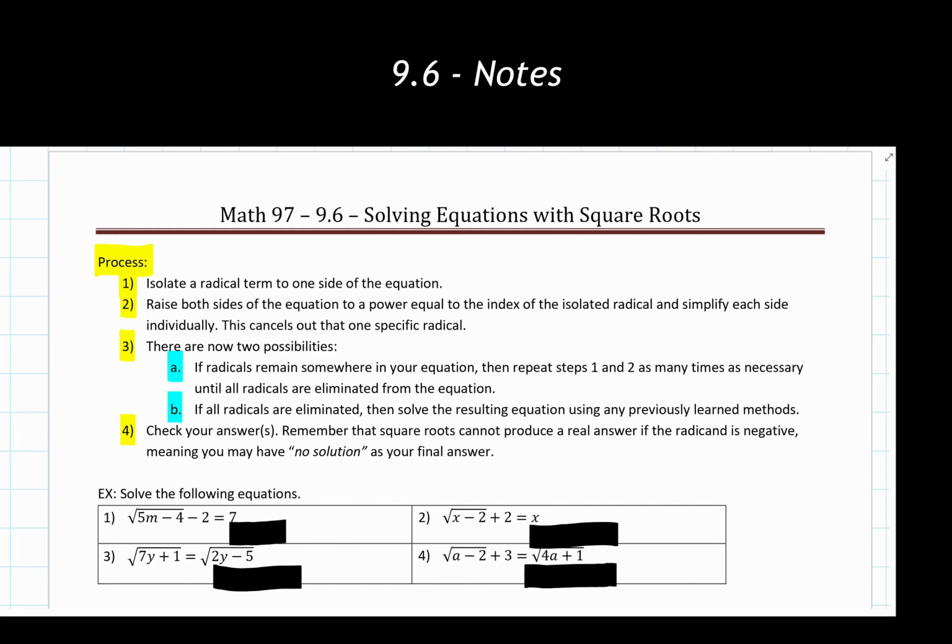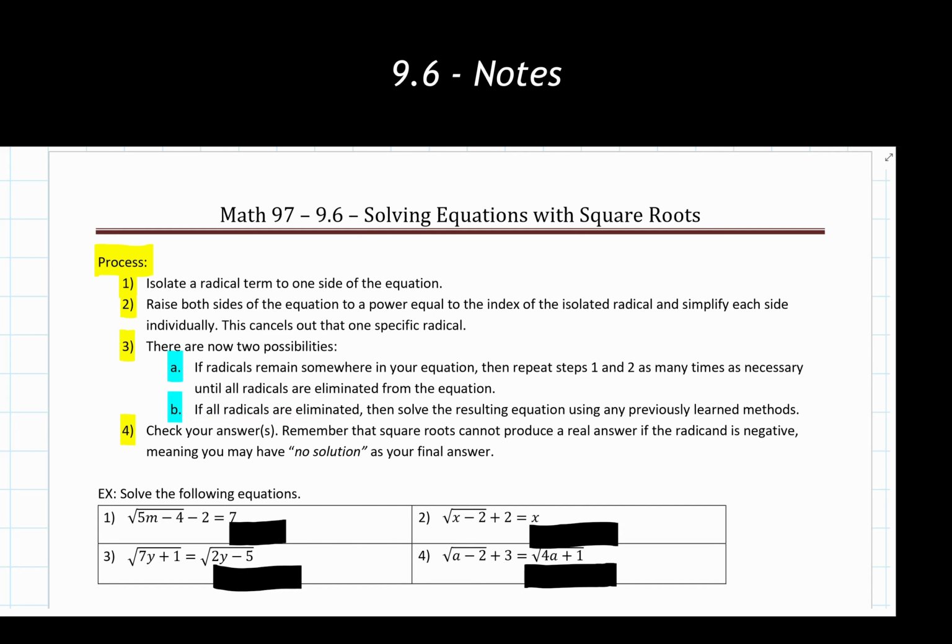This means we might need to isolate a radical and then raise both sides to a power 2, 3, 4, 5 times in a single problem. Now, most problems aren't going to have you do it that many times, but we'll at least see an example or two where we have to do it twice, which is a fairly common occurrence. Now eventually we're going to get to the point where all radicals are eliminated, which is fantastic. That's what we ultimately want to get to.